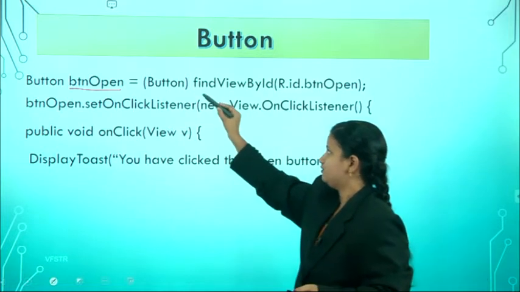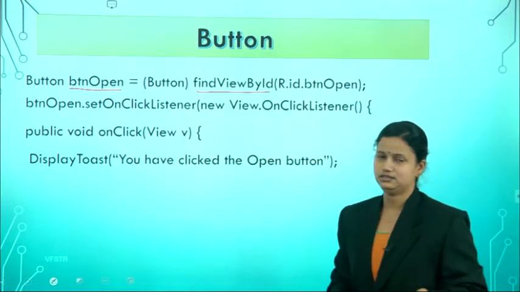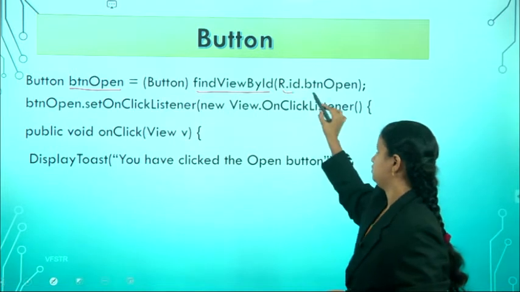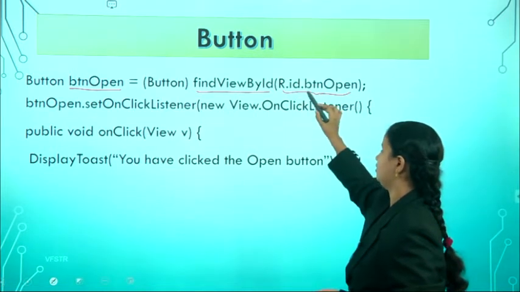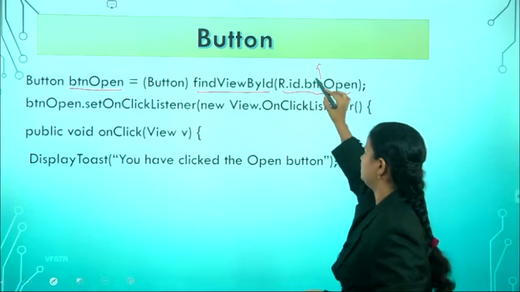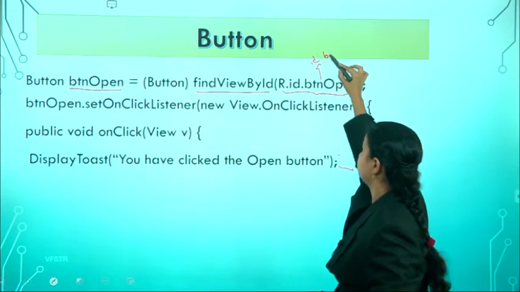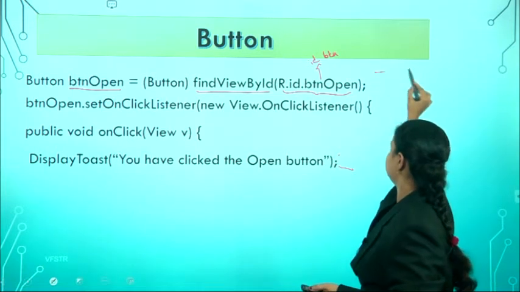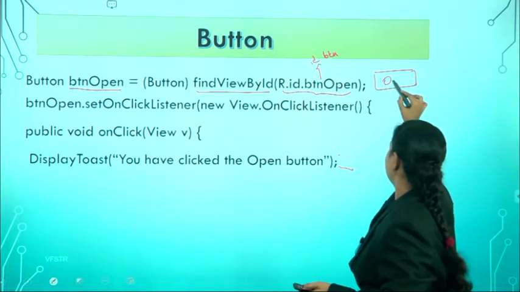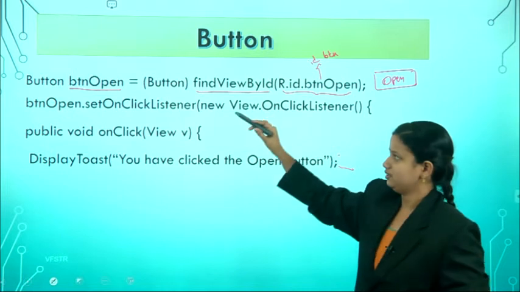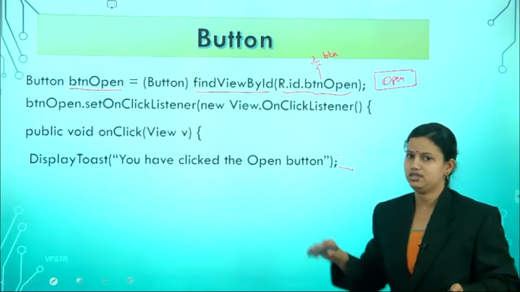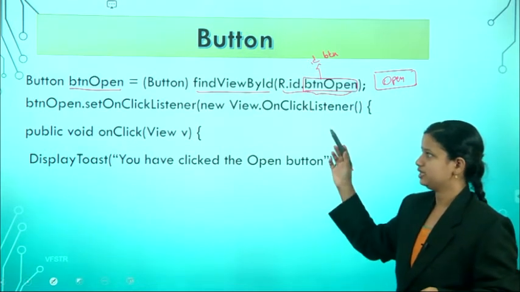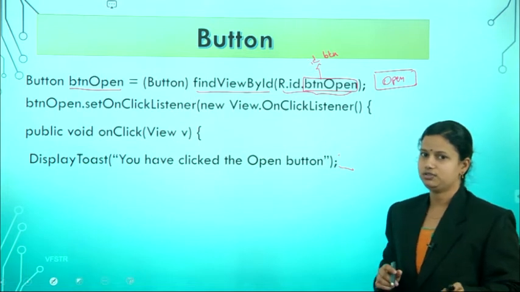To the button for which I am creating this listener or handler, first of all we have to call the method findViewById. Whenever you pass a value, that means you give R.id.buttonOpen. This is nothing but the ID of the button. The ID of the button is to be specified here, so that for this Open button or this Save button, I can create an instance. When you use the ID of that button, we pass it and create an object for it.